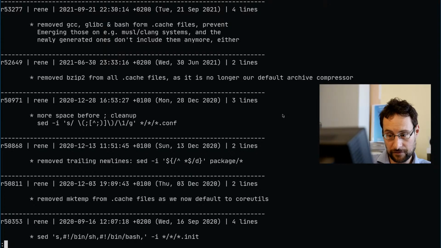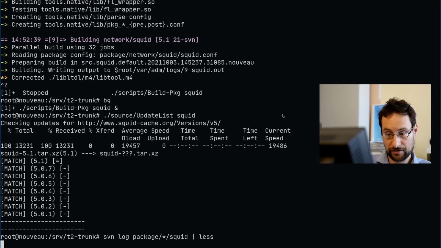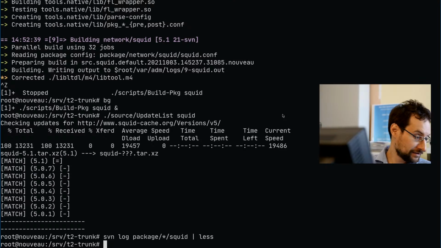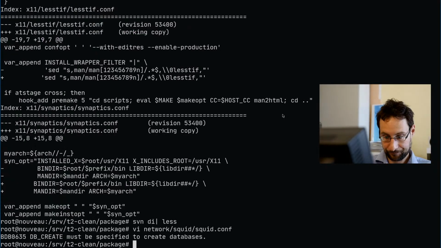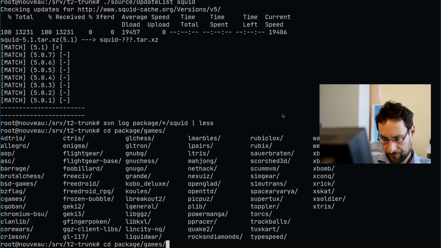So last update, unfortunately, a long time ago, yeah, 2013. Tiny little bit T2 broke in the last decade. So yeah, games. So the idea would be to package at least, do we have even some open source? Oh, it's Squid, of course. We have actually Quake 2, interesting.